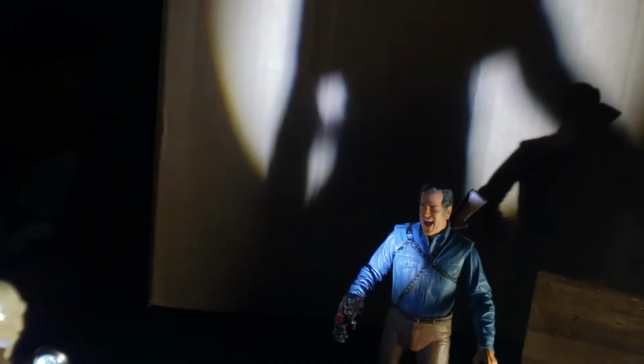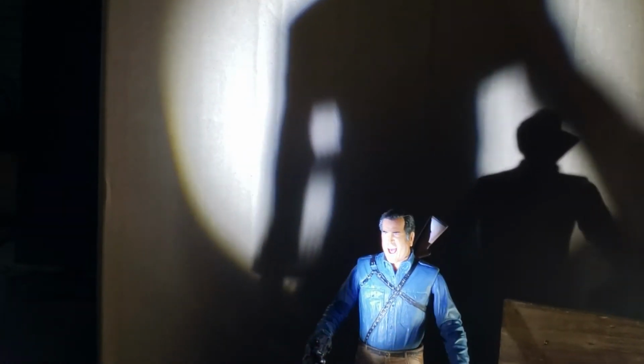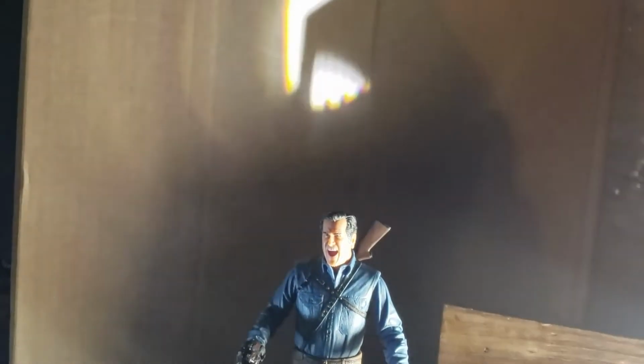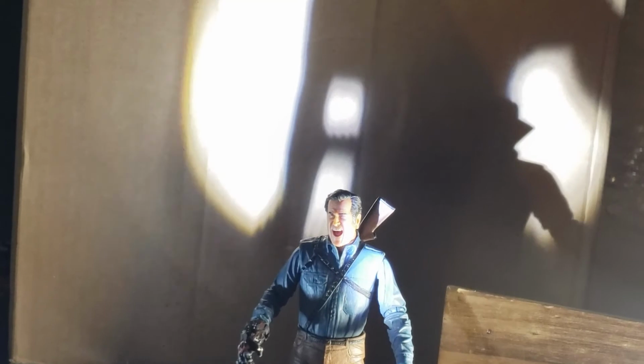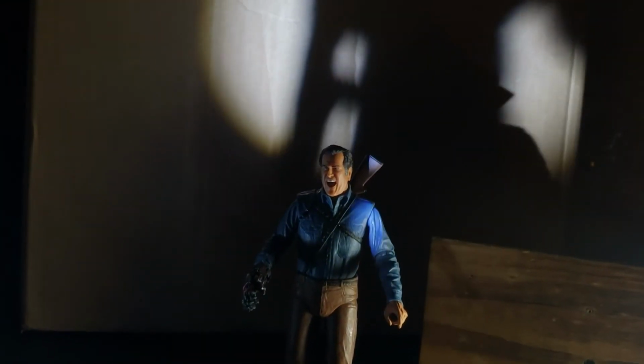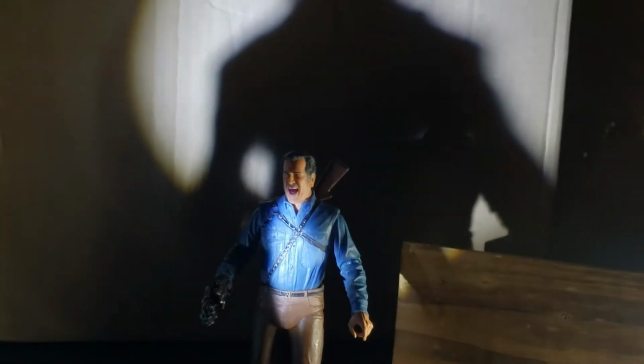If I adjust the flashlight, it actually telescopes a little bit, so I can make an old 1920s style horror light right behind it. I can make it really small or make it really wide, but I think for this I'm going to try and keep it mostly closed. Yeah, we'll do a couple more